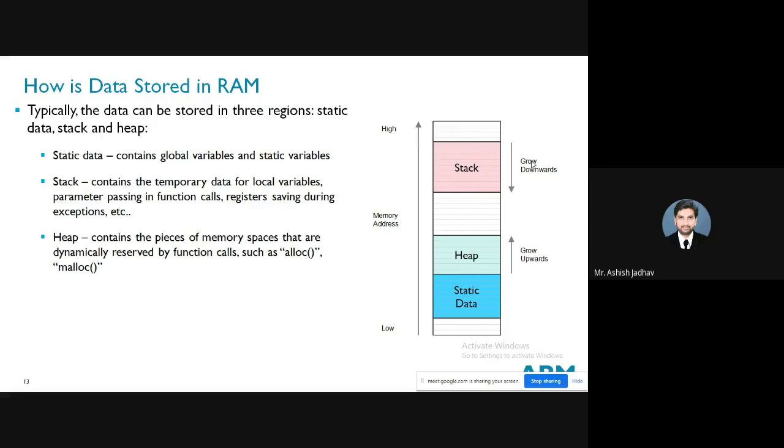So every time the stack will go down. And what about static data? Once you keep on storing the static data, it will use the lowermost position first. So when you are saving static data, it will be stored at the bottommost position. After that, it will keep on incrementing. That is what is called grow upward, right?